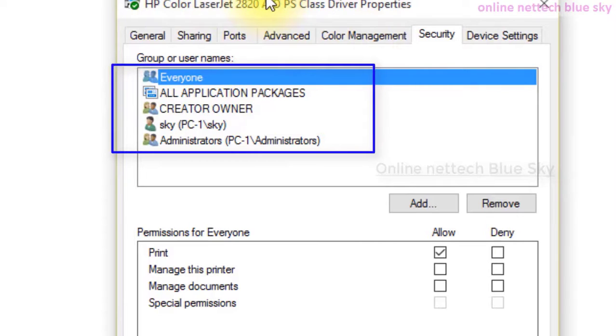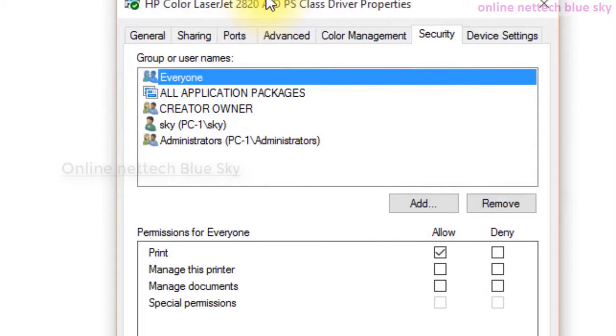First you can see the HP Color Laser, this printer model, which every group uses, while some users do not, so you can change and give permission here. In your company environment, some PCs are not allowed to use the printer, so some PCs are not allowed for the printing system.